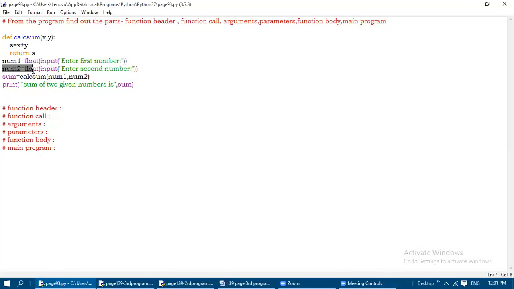Okay, so what is meant by flow of execution? That is the steps or order of execution of the program. How the program statements are going to be executed, in which order.